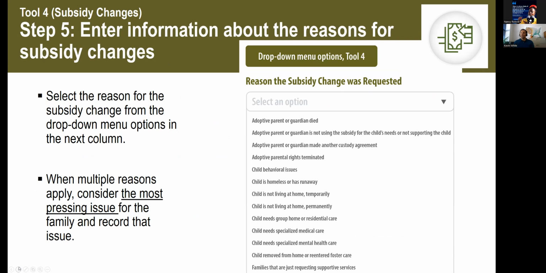On the right-hand side of this slide is an image that depicts a spreadsheet column labeled Reason the subsidy change was requested. This column also has a drop-down menu to select from. The options shown on the slide include adoptive parent or guardian died, adoptive parent or guardian is not using the subsidy for the child's needs or not supporting the child, adoptive parent or guardian made another custody agreement, adoptive parental rights terminated, child behavior issues, child is homeless or has run away, the child is not living at home temporarily,